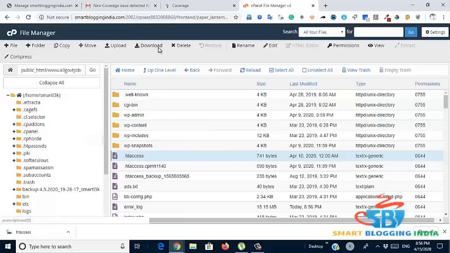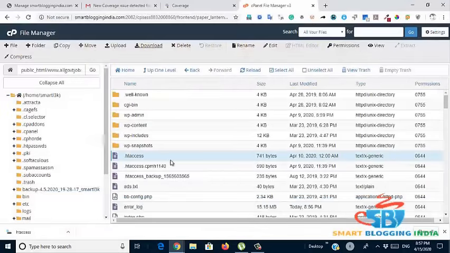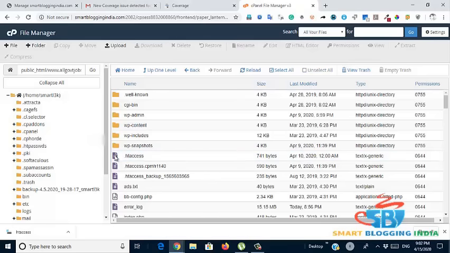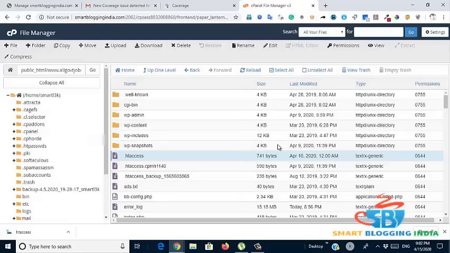Click on download and save it to your backup folder. I have already backed up this file. Now you can delete this file. Select this file, click on delete, and click on confirm.